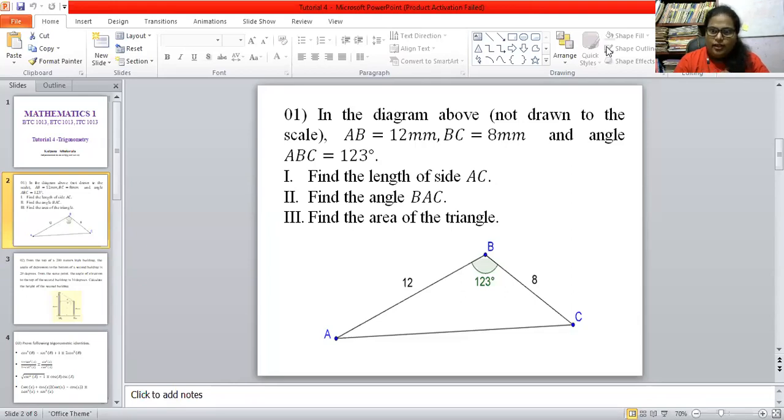As well, we are learning how to find some angles and some sides of a triangle. Mainly, we learn about trigonometric identities,